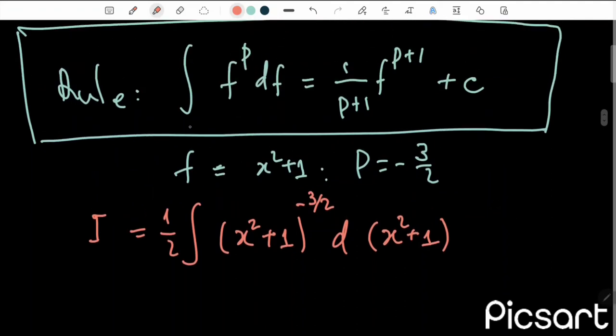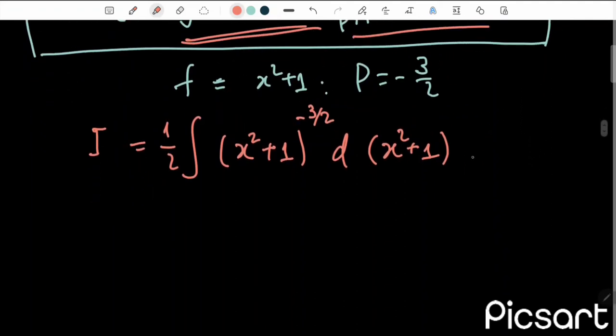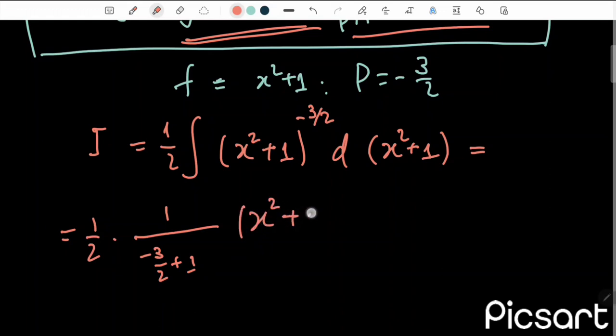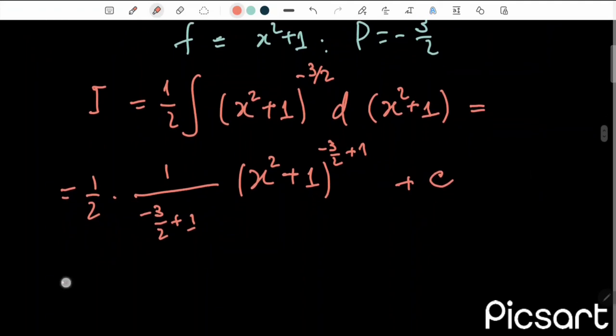Then applying this rule, we get 1 over 2 times 1 over (minus 3 over 2 plus 1) times (x squared plus 1) power (minus 3 over 2 plus 1) plus c. And now we must write 2. We simplify 2 by 2,